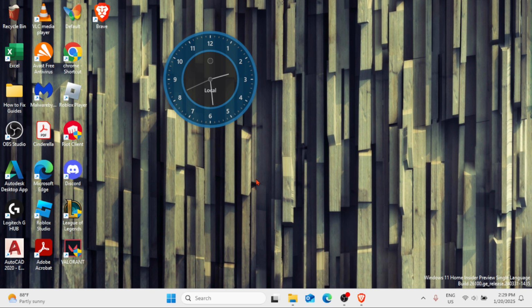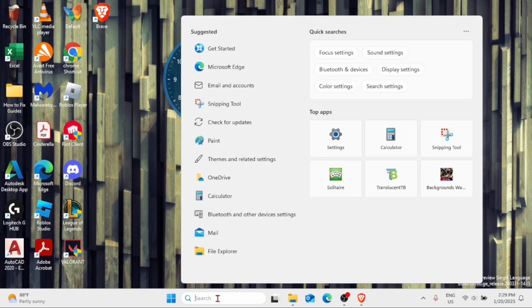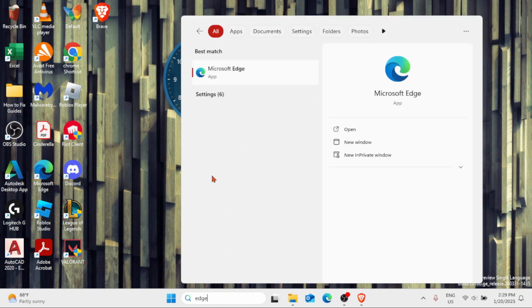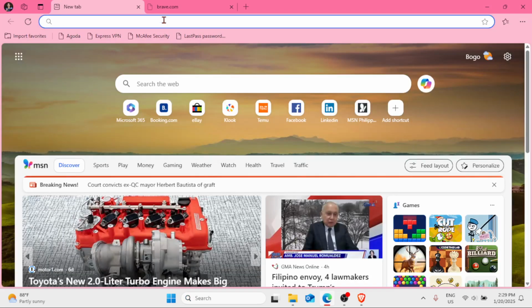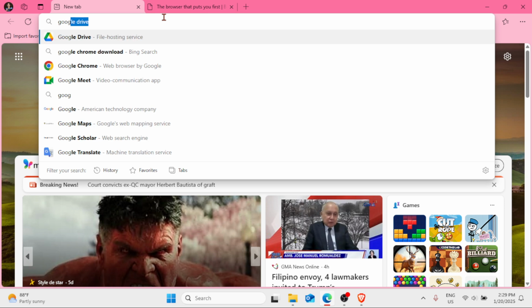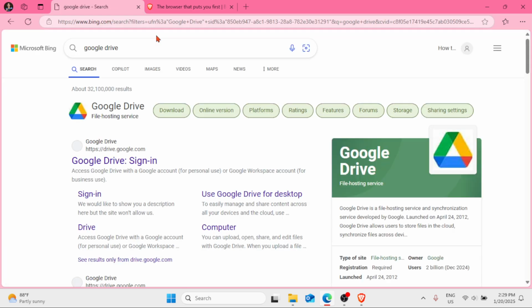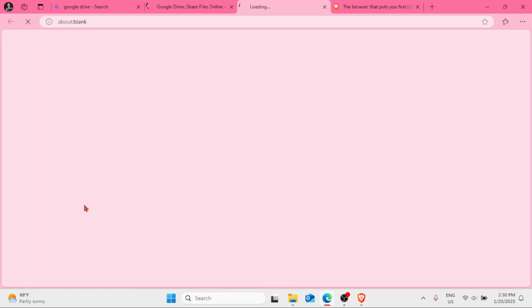Now we need to bring up our Microsoft Edge browser first. So type Edge in the Windows search bar, best match, click on that. Now let me show you. I'm going to sign in with my Google Drive account. So I'll click on sign in. Now if I click on sign in,